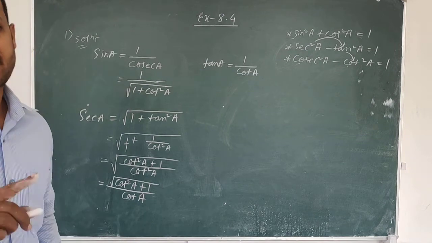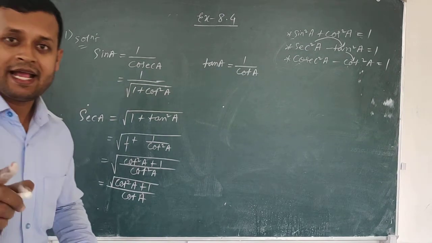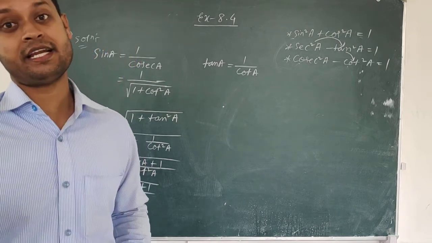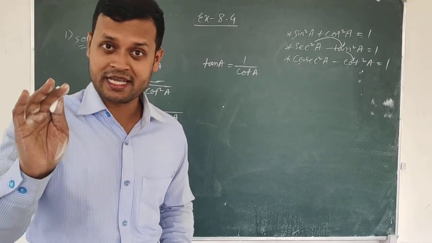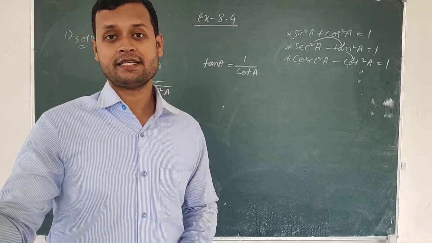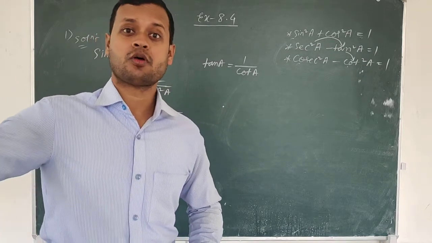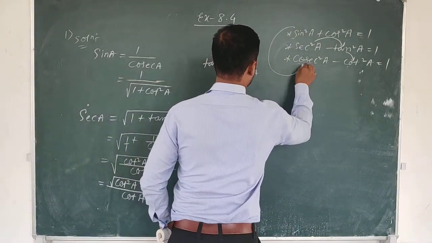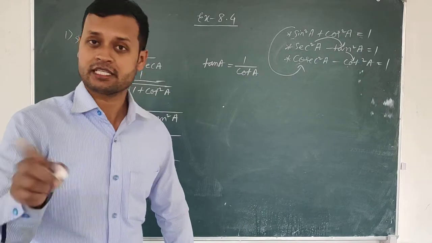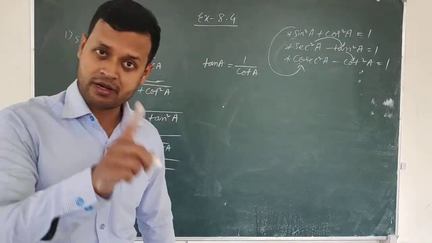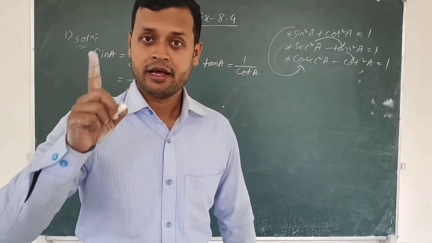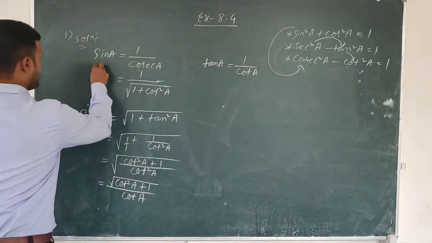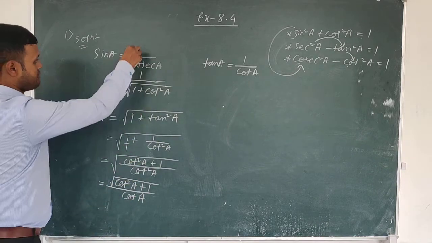So let us see students. First we have to convert from sin to cot. As I said, the trigonometric ratios sin and cot are not directly related. So what we need to think is with which trigonometric ratio sin is directly related, and whether that has any relation with cot or not. Sin is directly related with cosec, because cosec is the reciprocal of sin, isn't it? So we will first convert from sin to cosec, and then from cosec to cot. Okay. So sin A means 1 by cosec A.